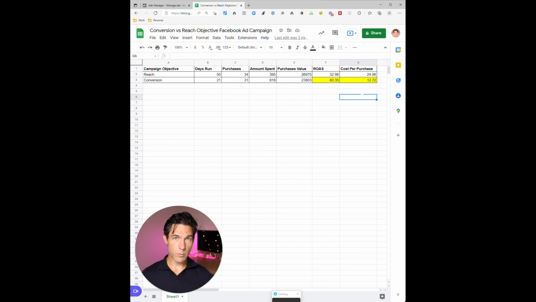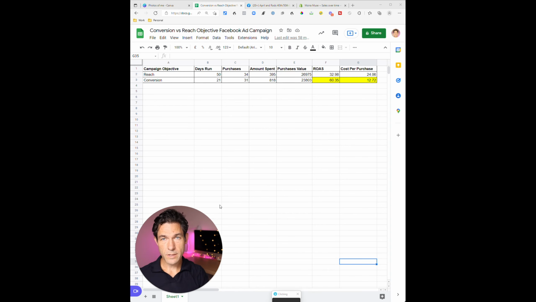So I think the same applies for you, is to test each one and test it over a period of time. Don't change any variables at all, except for the conversion objective. Keep the copy the same, keep the creative the same, keep the audience the same. Try to use the same period of time as well, even though I haven't used that in my particular example. Then compare the results from the two and decide what to do after that.